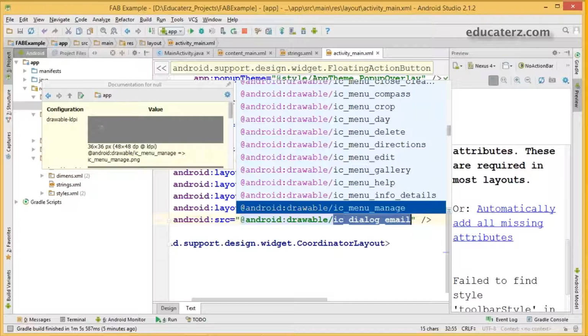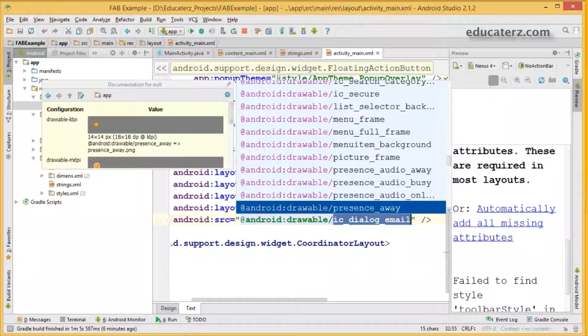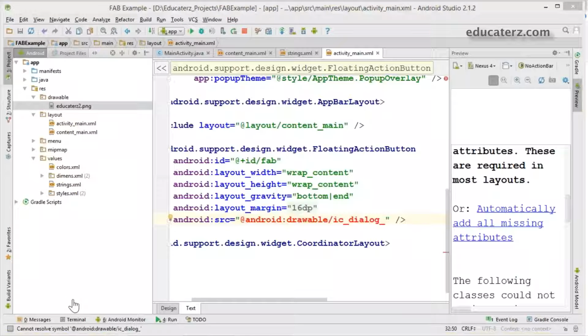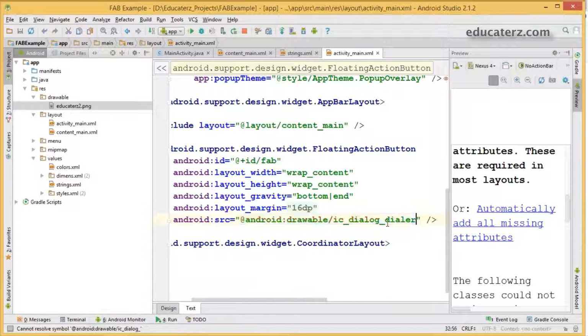So many are available for us like this, so just find out which suits you better according to your requirement. I'm taking a dialer one, which is like a keyboard kind of thing.